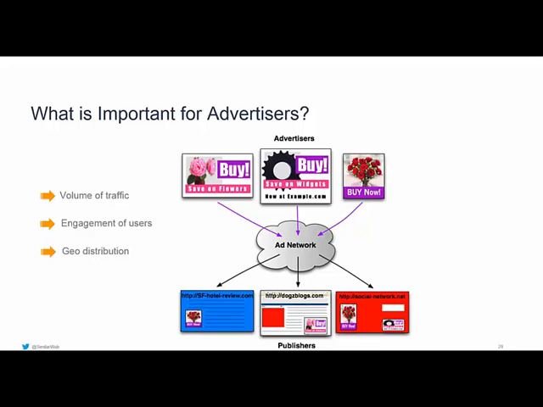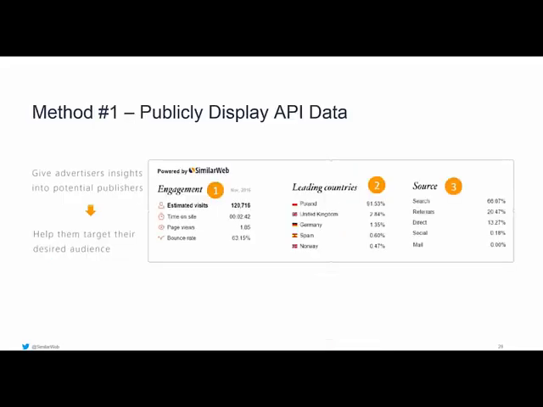And an ad network obviously wants to connect a relevant ad to a relevant audience. And that's basically what a good ad network does efficiently. So you have a high click-through, and the users that click on the ads end up purchasing the product. So the first method of how we can do this, and this is taken from an actual use case that